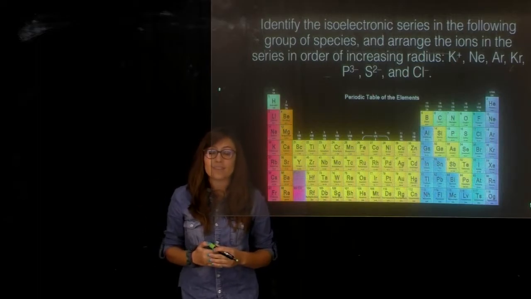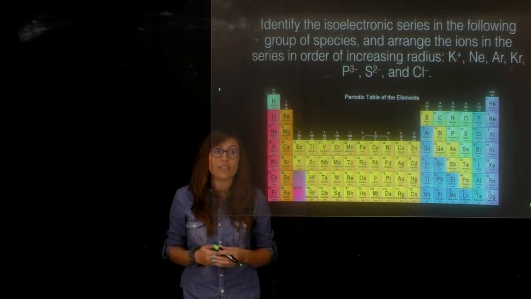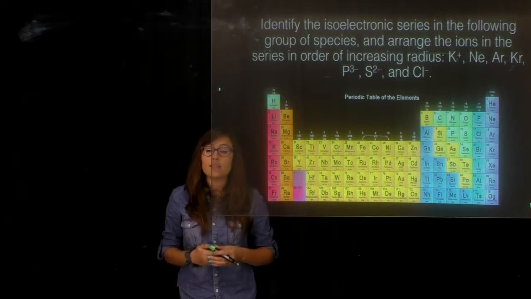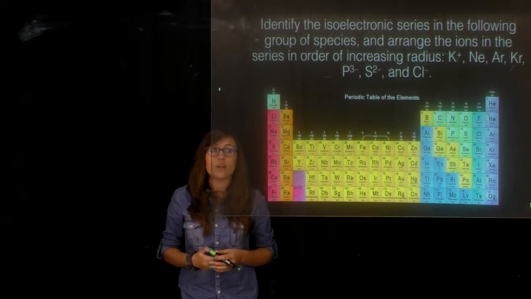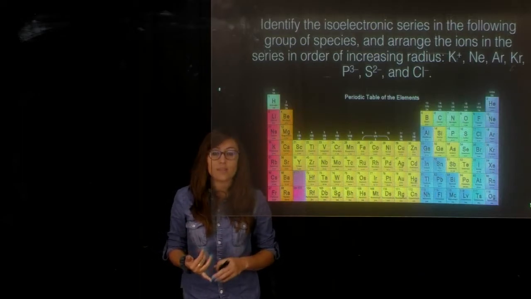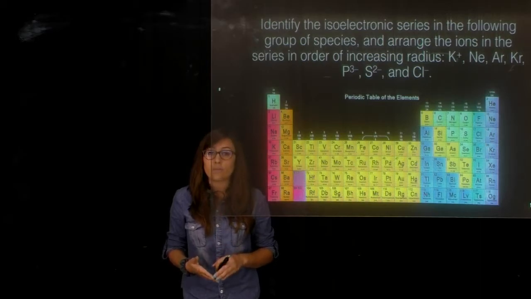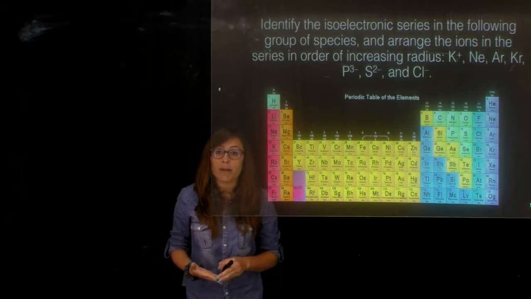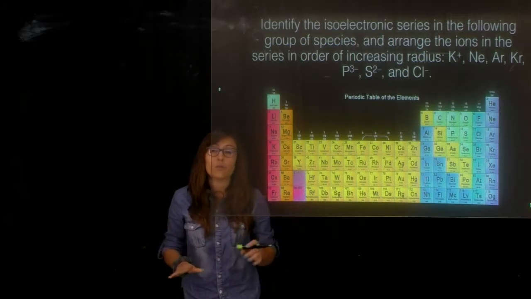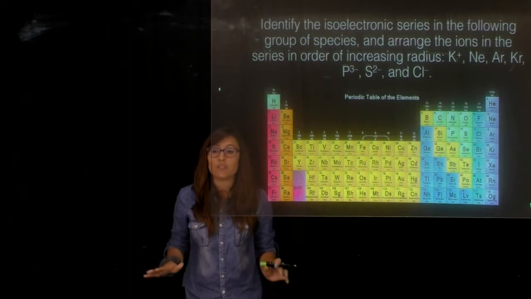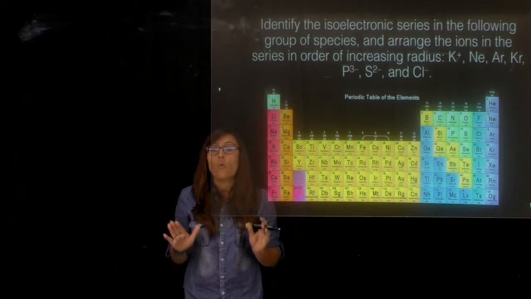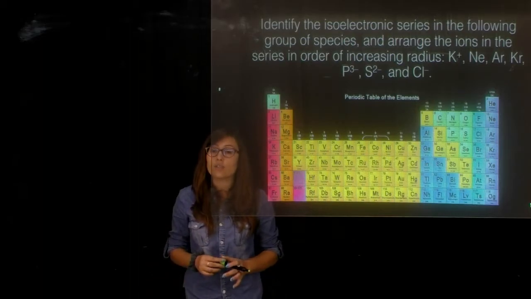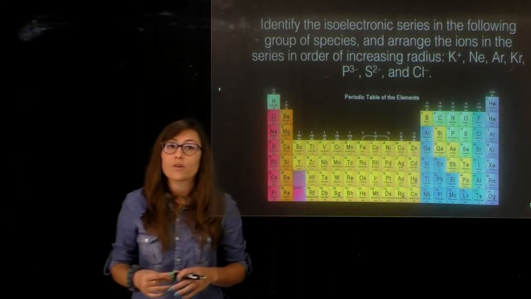The following question asks us to identify the isoelectronic series in the following group of species and arrange the ions in the series in order of increasing radius. So potassium plus, neon, argon, krypton, P3 minus, S2 minus, and Cl minus. So the very first thing that we want to do is identify which of these species are isoelectronic with one another. Once we identified whether or not they're isoelectronic, we will then arrange those isoelectronic series in order of increasing